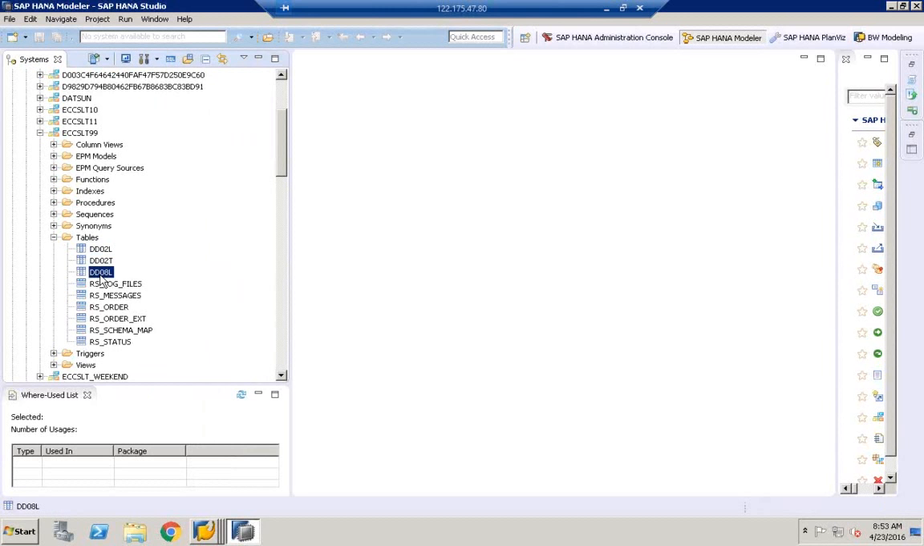And DD08L is a table that stores the relationship between these tables, how these tables are interconnected to each other. So in this table, it is stored. In order to see the status of these tables, in order to see how these tables are being replicated,